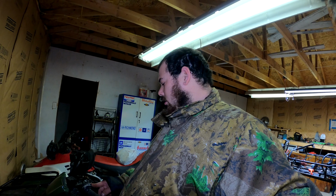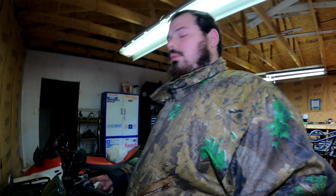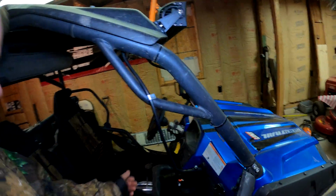Let's see if we can... this one's carbureted. Been sitting for over a month. I just ran the tractor the other day, so it's good. We're gonna fire these up. Now this orange one I fired up for you guys a week or two ago for a small video, but we're gonna fire it up anyway. So these have been sitting, especially this one, it's been sitting for like two months, hasn't been started, but now